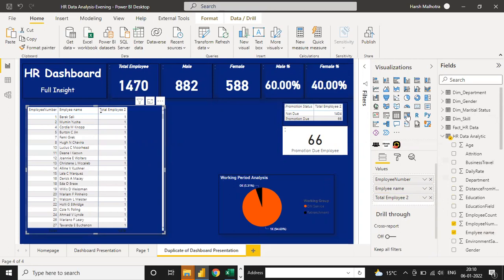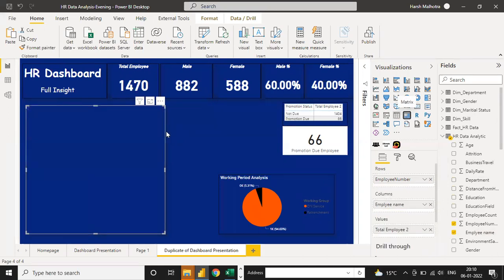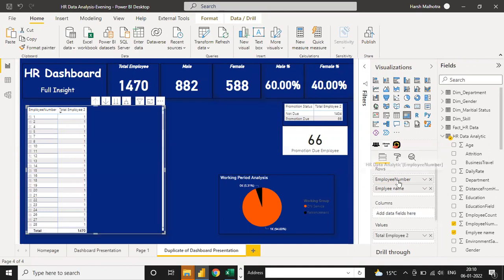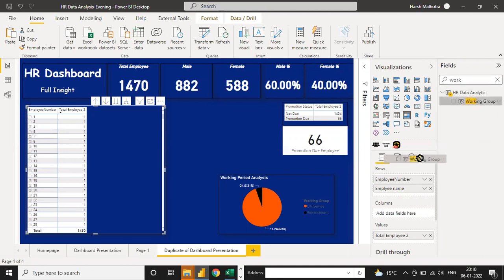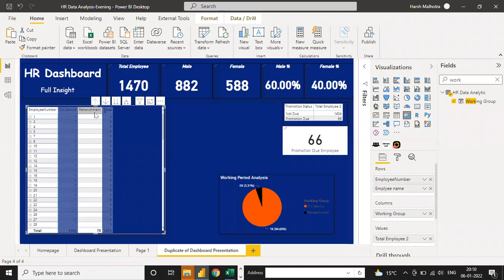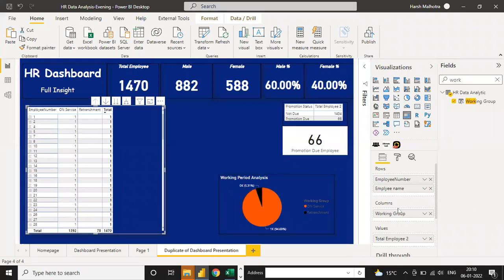Select this table. Click on this table again, matrix table. So you have employee number, this is employee name. And in the column you need working group, retrenchment, total employee.